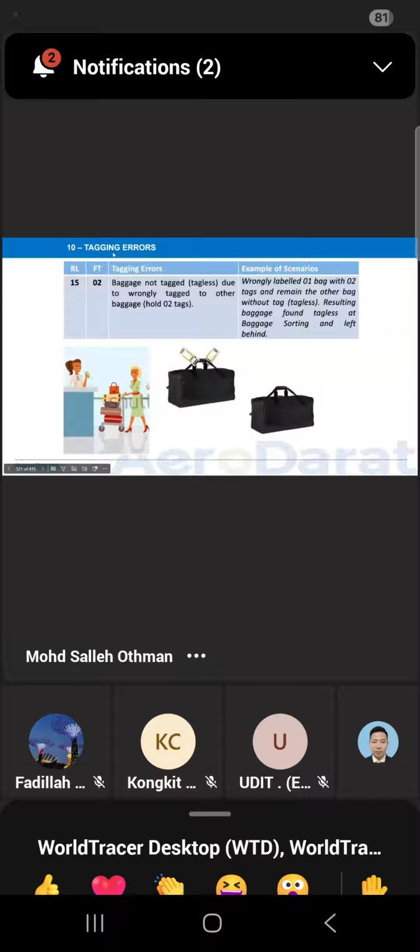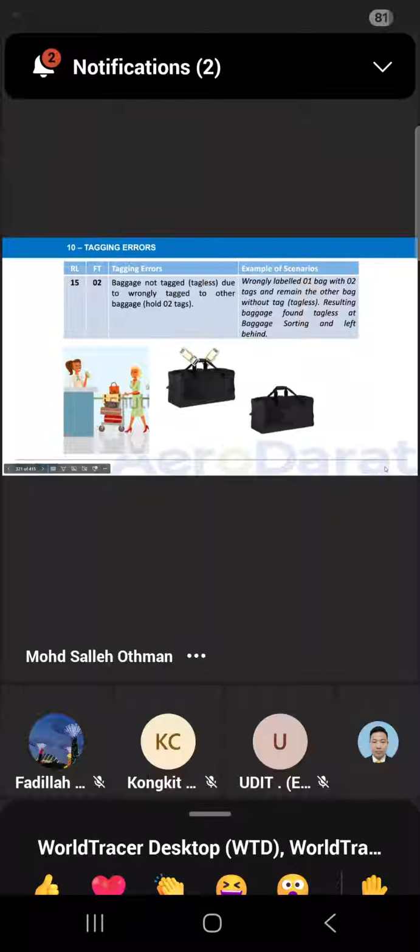Number 10, tagging error RL15, same as just now, but for Terminal 02. Baggage not tagged, or the tag was put only on the other baggage. For example, the passenger has 2 luggage. Both tags you put on one baggage, and the second baggage you didn't put any tag.